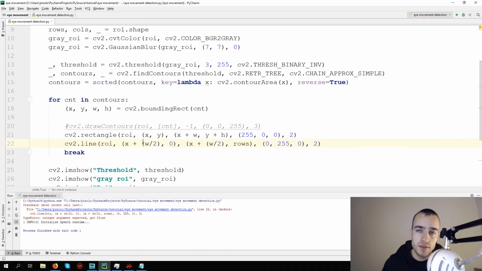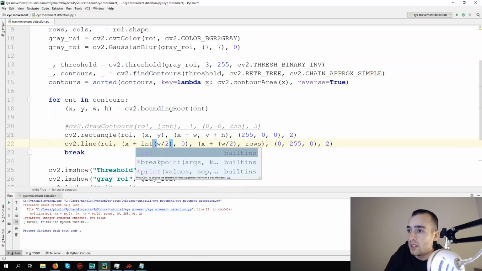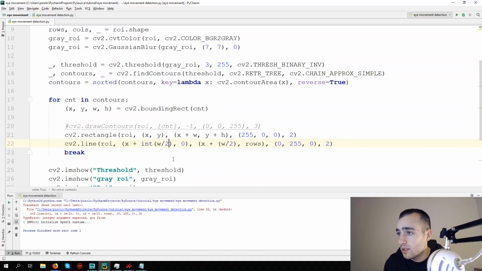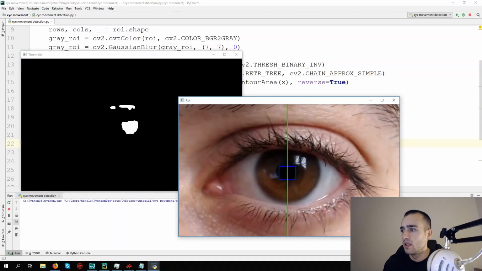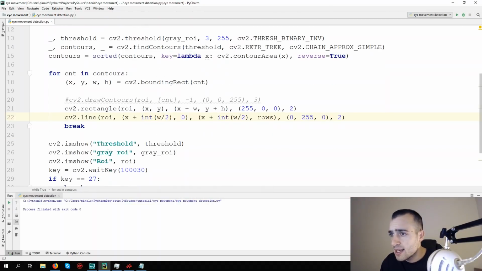We need either 250 or 251, so we need to convert this to integer and this one also to integer, and we should solve the problem. And we get the line